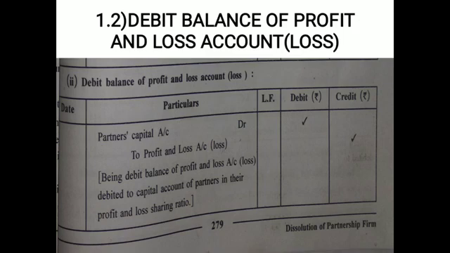Let us see which is the second point in the first topic. It is the debit balance of profit and loss account, which is loss. Now, the debit balance of profit and loss account is given in the balance sheet on the asset side, which indicates loss. So at the time of loss, partners' capital accounts are to be debited and profit and loss account is to be credited. Obviously, if